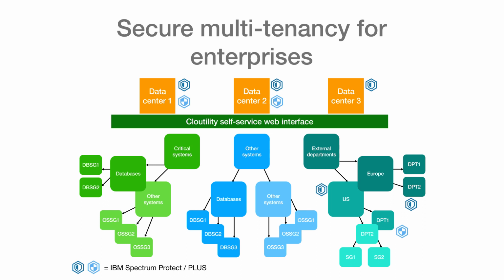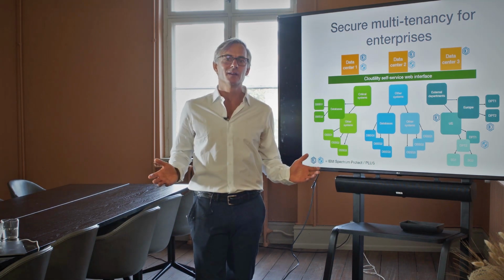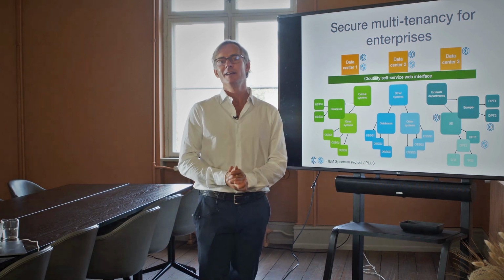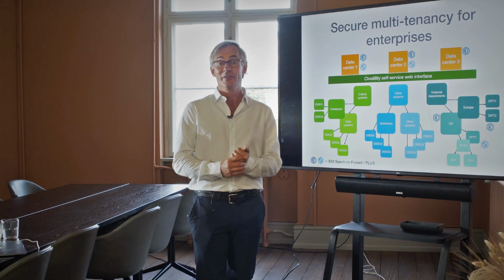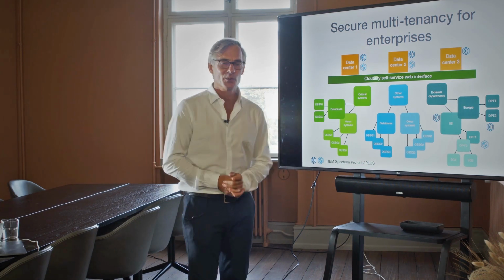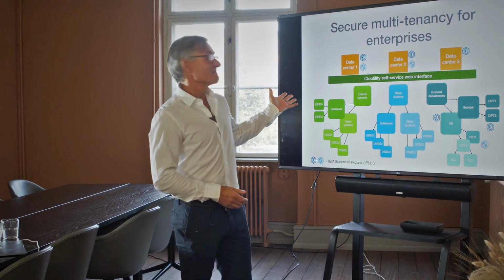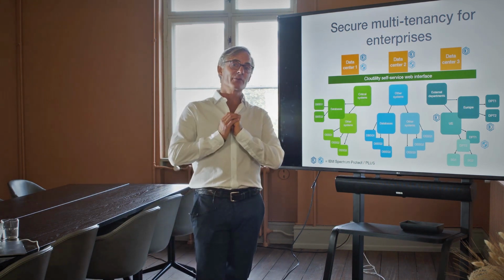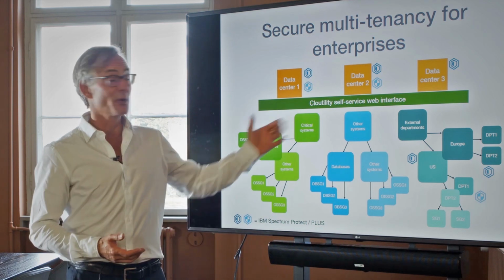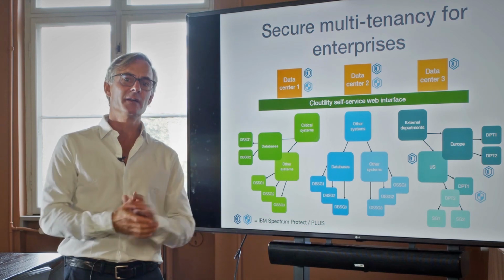So the next slide here shows what the model could look like for the enterprise business. It is really the same tool, the same multi-tenant model that is being used to model the enterprise organization. The difference really is a matter of naming convention for the tenants. So in this case, for the enterprise, we could typically see naming conventions used like critical systems, other systems. Perhaps the enterprise is delivering their services to external departments with regions across the world and departmental naming conventions for